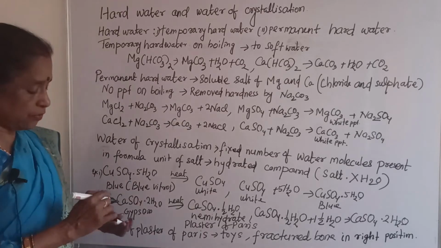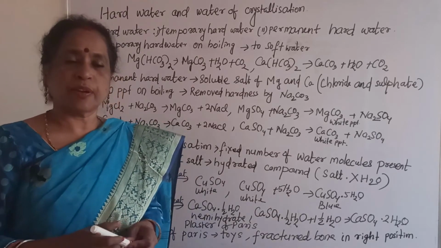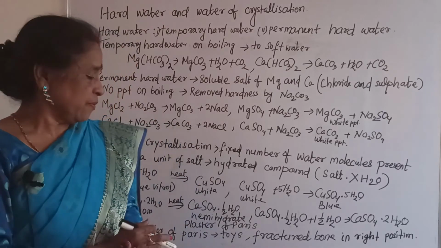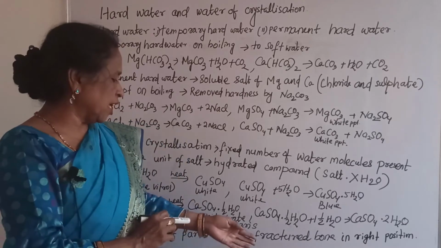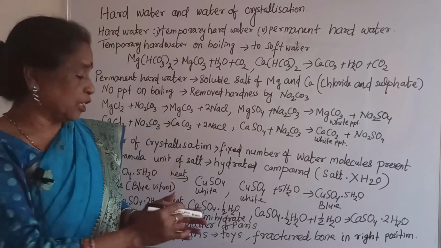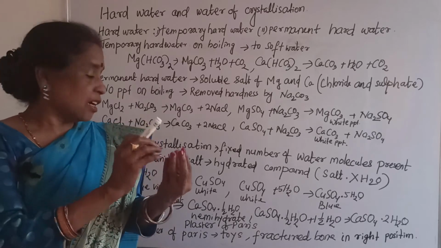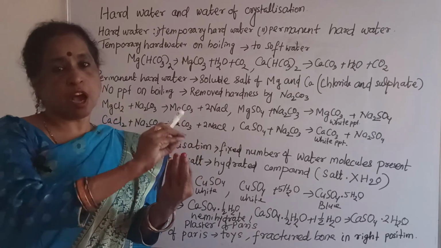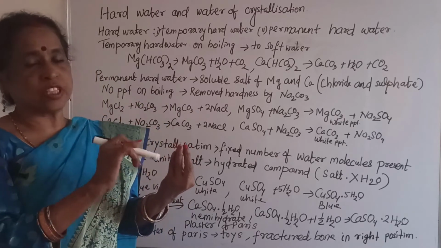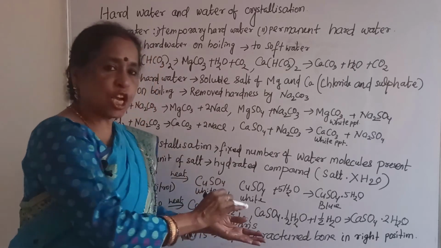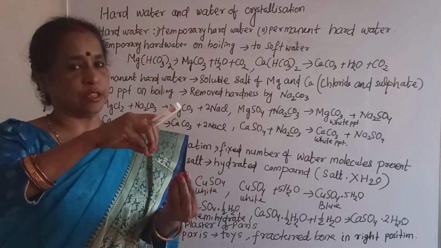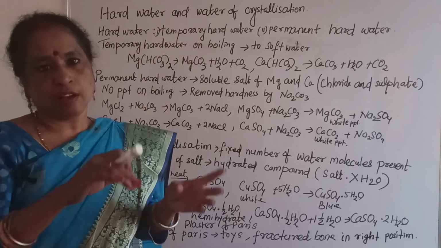Now, uses of plaster of Paris, very important. Generally different types of toys are prepared, and similarly it is very important for plastering of fractured bone. What happens during plastering? The right position of the fractured bone can be fixed with the help of plaster of Paris. So it is called plastering, and it is very helpful for fractured bone, to make a plaster and hold it in the right position.